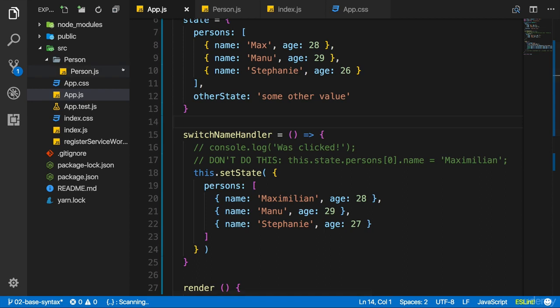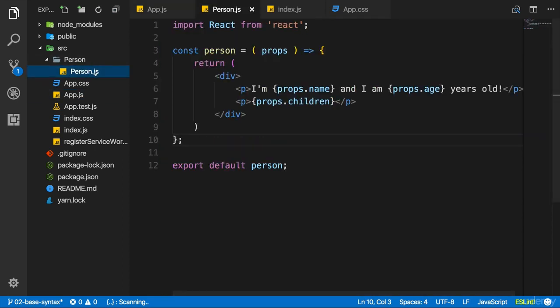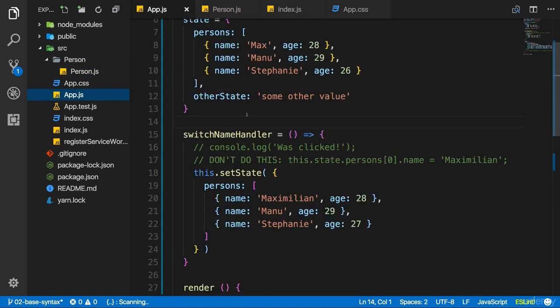Still, you might have cases where maybe you also want to listen to an event in the person component or in any other component. Now, of course, you could turn this into a component which extends component so that you can define methods which you execute. But maybe you want to listen to an event here, but execute some method in app.js so that you can keep that pattern of changing the name in app.js, but actually listening to the event in another component.